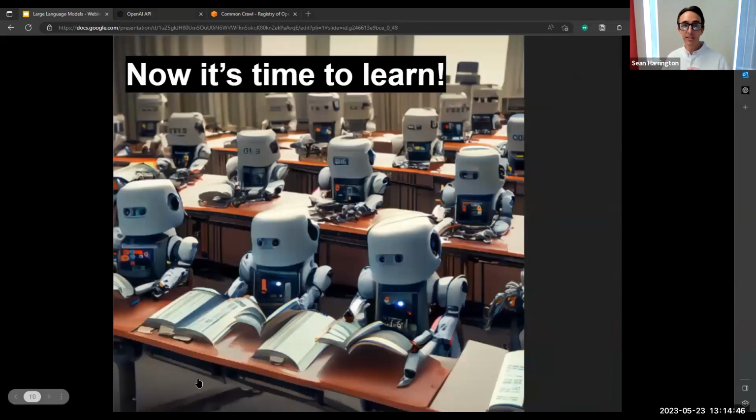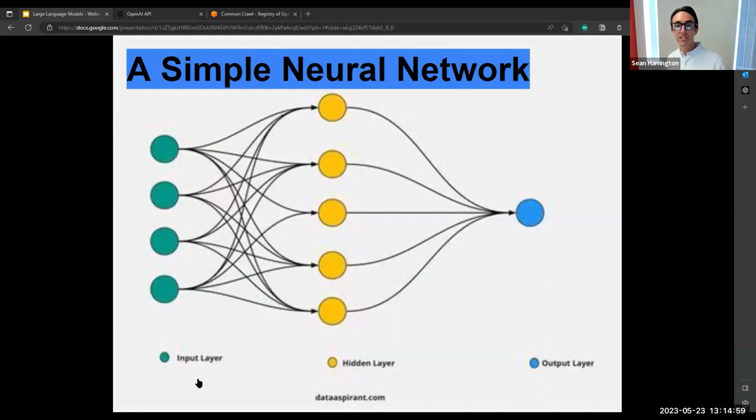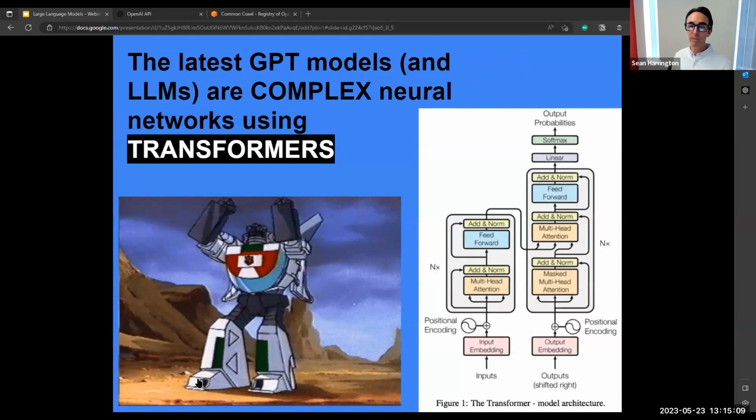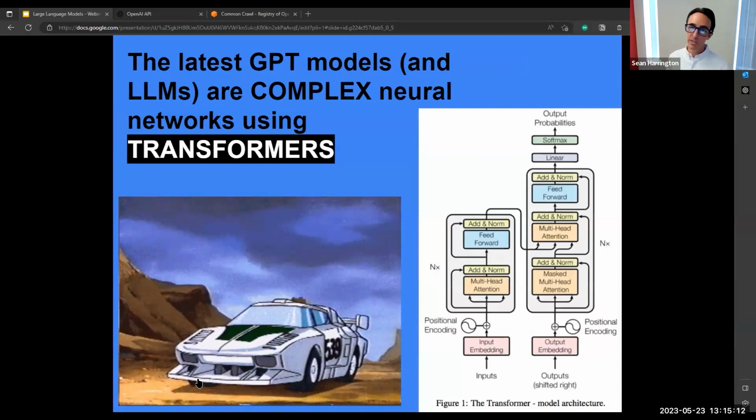So once we've got all our data tokenized and categorized by position, now it's fed into a neural network, and that neural network begins to learn patterns inside the data. And this is how it starts to learn things like languages. So this is what a simple neural network looks like. You have your input layer, you have a hidden layer for analysis and categorization, and then output, what you see in the chat, in ChatGPT. We're not dealing with simple